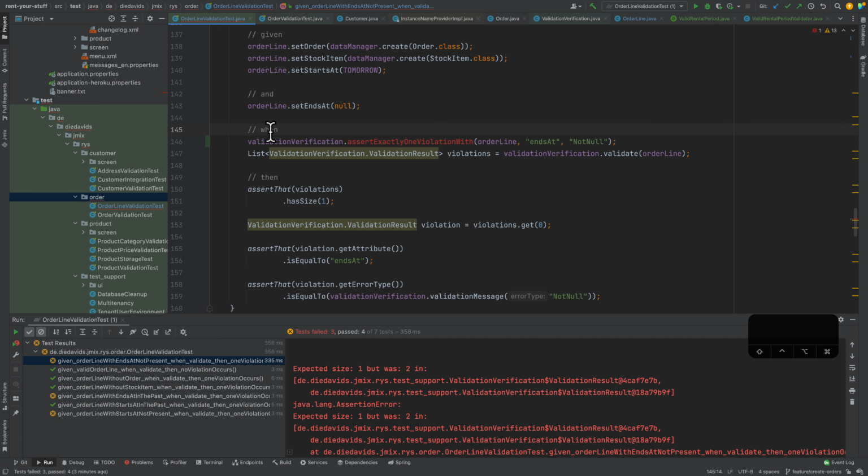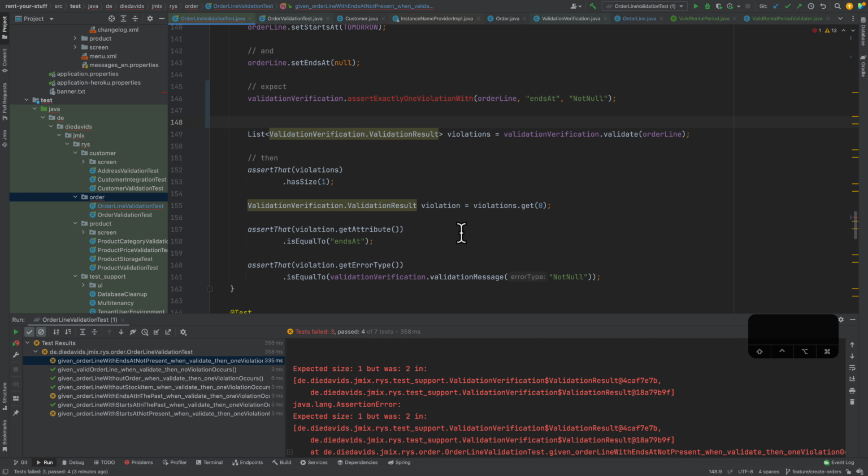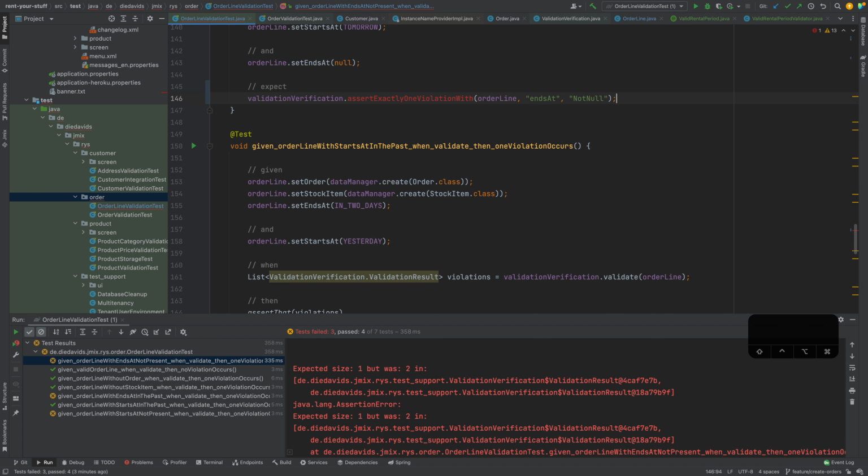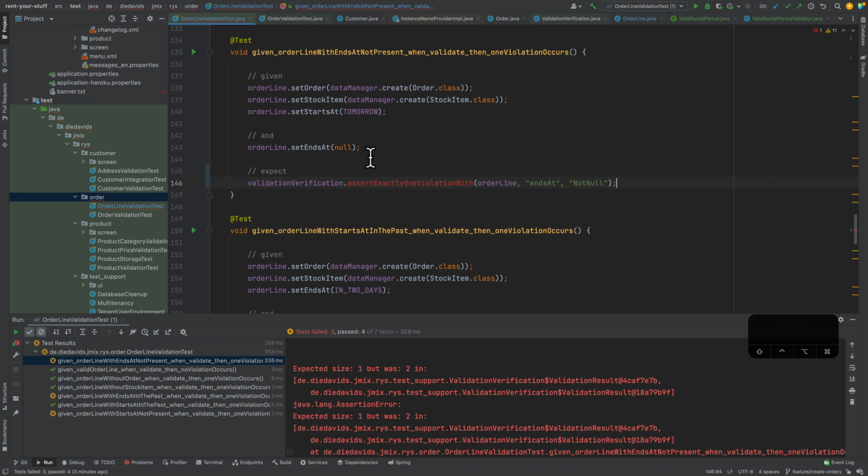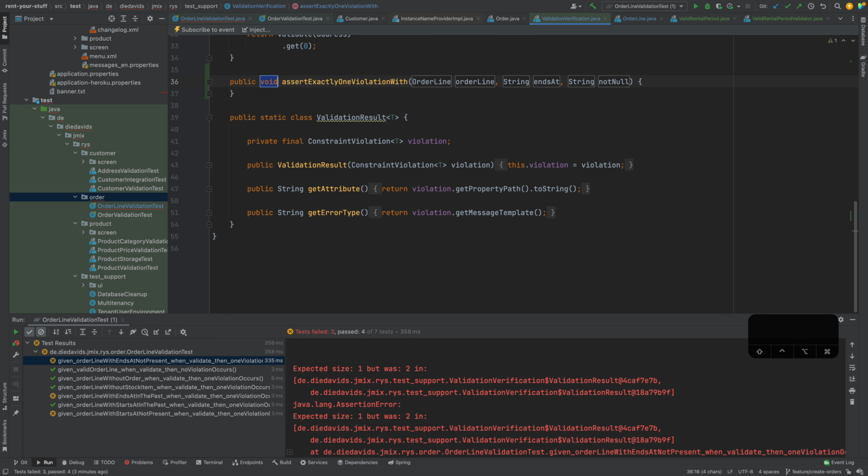And this is basically everything that we do in this test case, and all the stuff we will do as part of this implementation. And then you can see the test case gets a little bit cleaner. So you basically set up your data for this particular entity, and then you just say, I would like to assert exactly one violation with these parameters. So let me go ahead and create